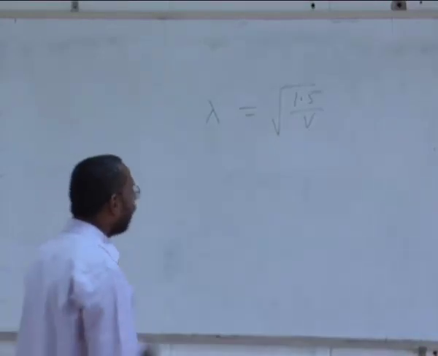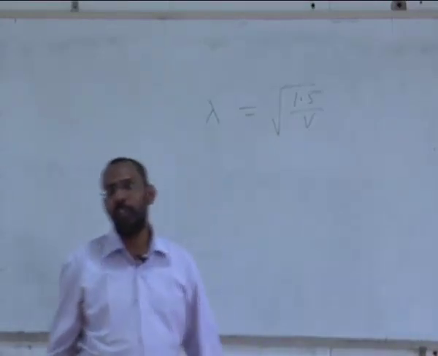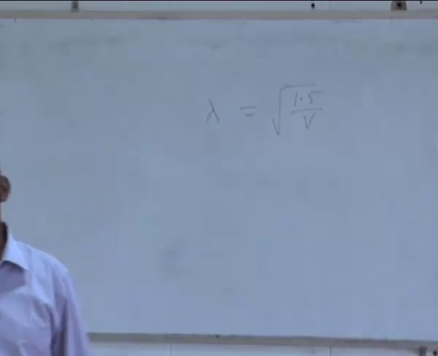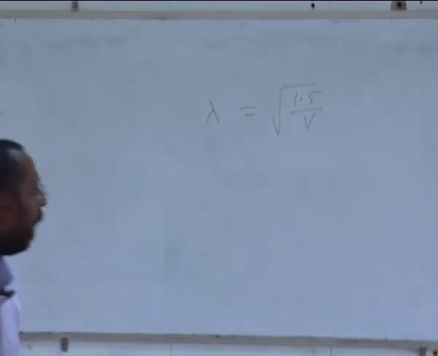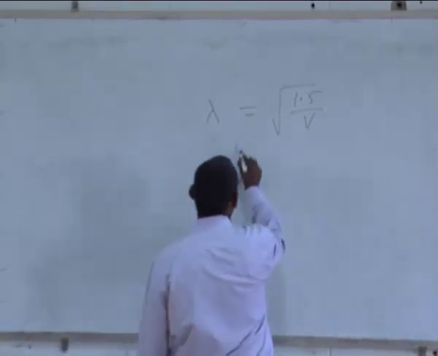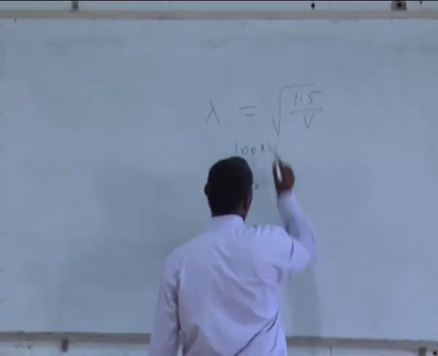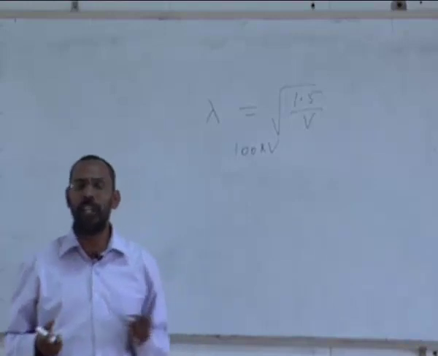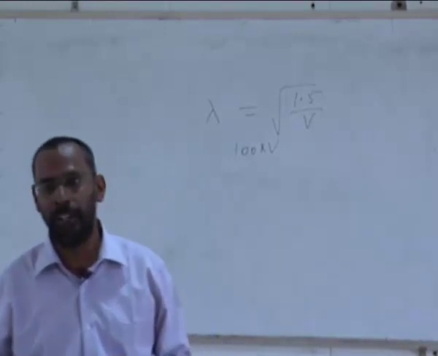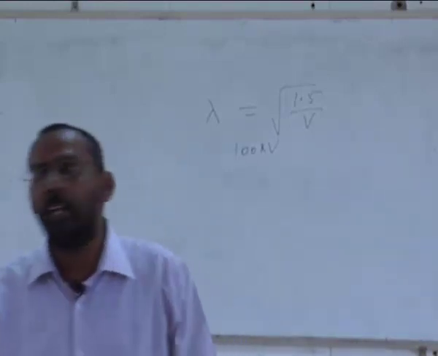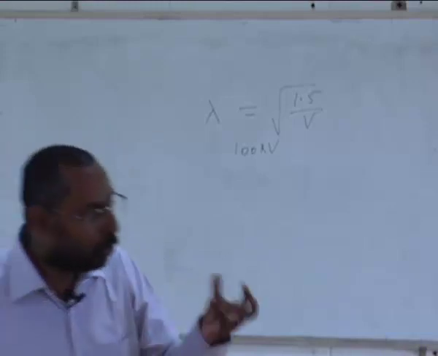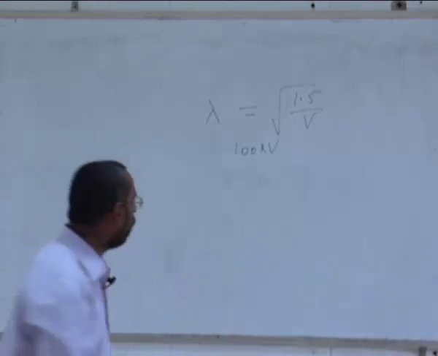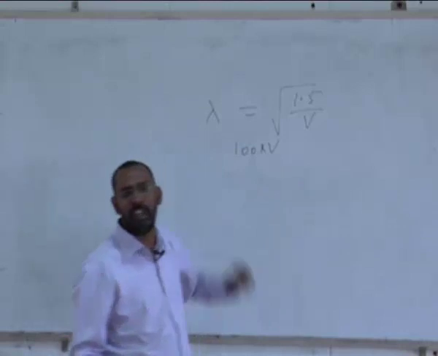And the higher the voltage that I use, the smaller the wavelength that I get. Usually for electron microscopes, the smallest voltage that we regularly use is about 100 kV. Of course, there are also biological scientists who want to look at biological species. They don't use a microscope with such a high voltage.